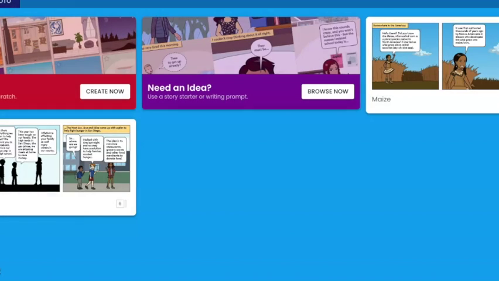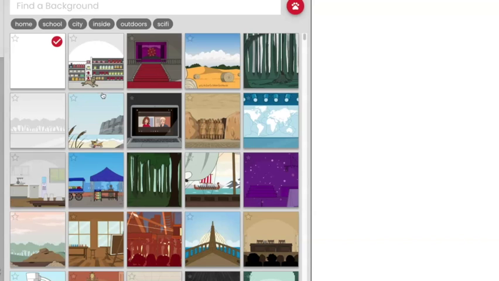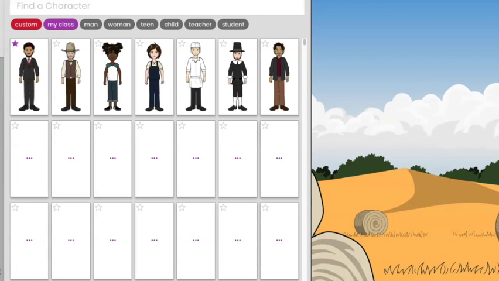Once you create your account in Pixton, as you can see, I have 2 already that I have used for this class. You can start by creating a new one. You can choose whichever background you want. In this case, we'll choose this background. From there, you choose your characters.